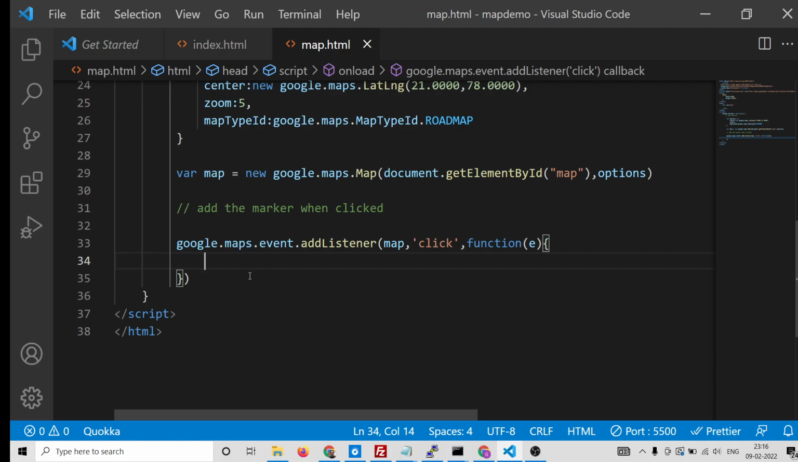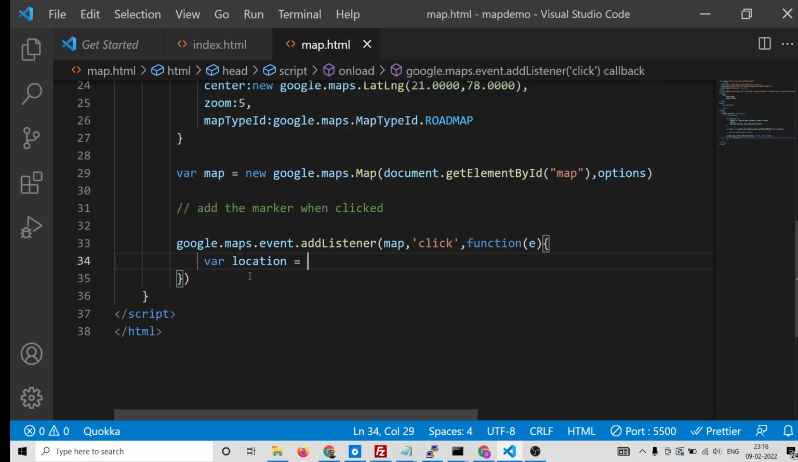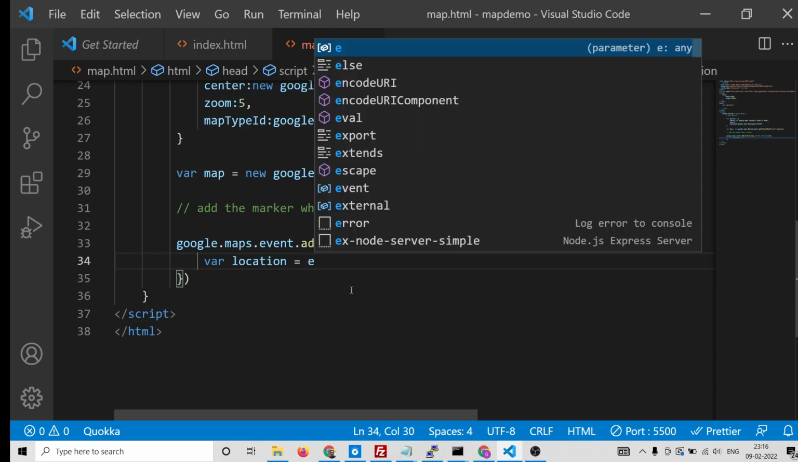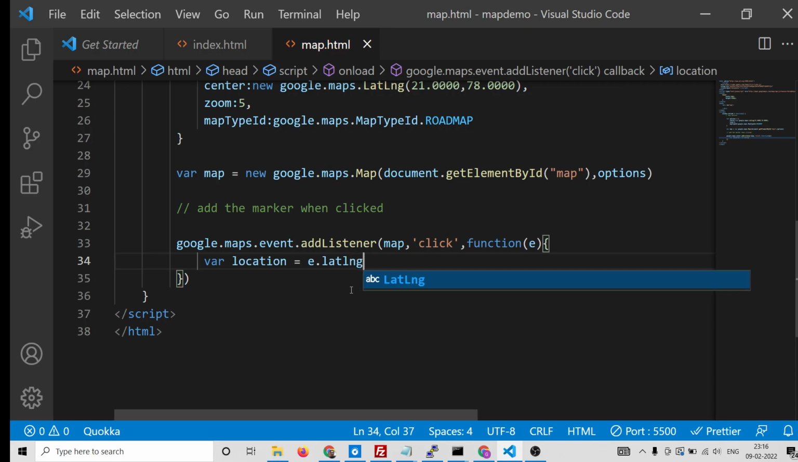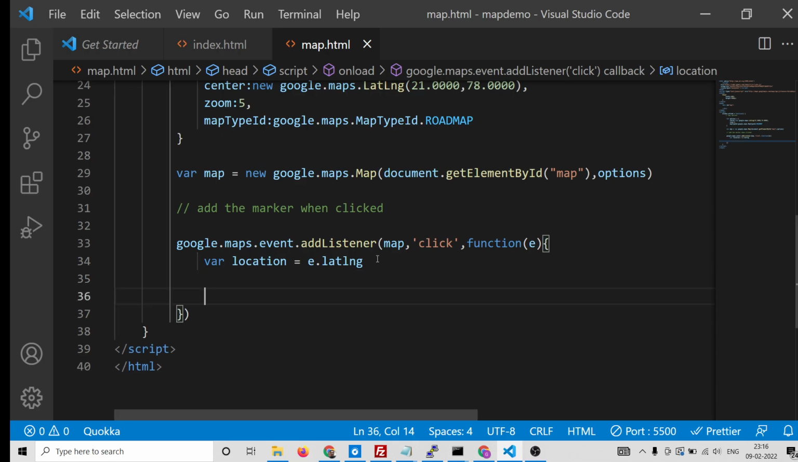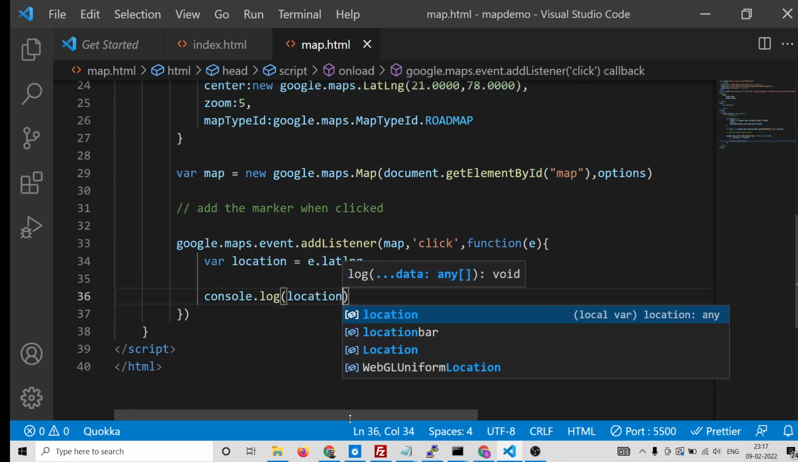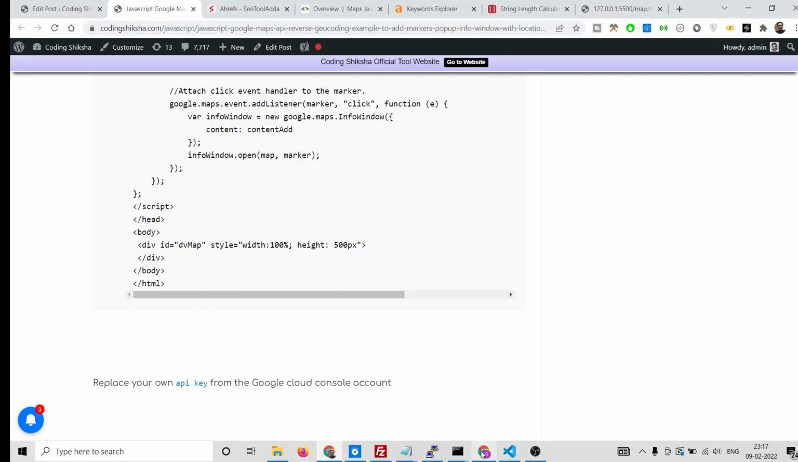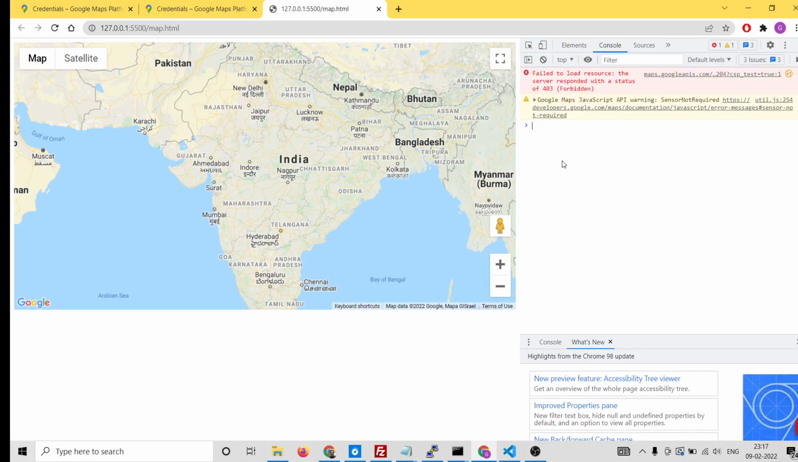So first of all, we need to get the location of where the user has clicked. In order to get the location, from the e parameter which is passed here, the event, we can get this latitude and longitude using latLng. So this will get latitude and longitude. So basically if I console log this, you will see it anywhere I click. If I refresh it, inspect element, go to console,